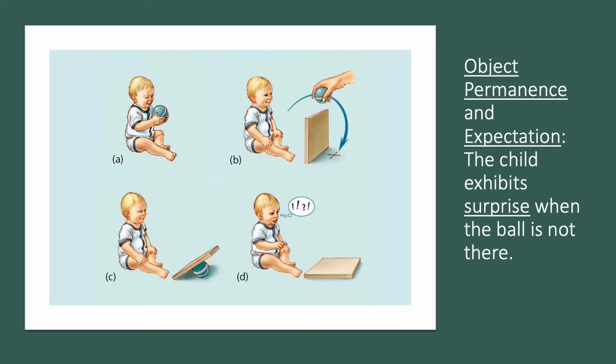So expectation and surprise studies are how you can tell if they've developed object permanence and if they still have a concept in their mind. One of the tests for that is to show them something and then put it behind an object, a barrier where they can't see it, then drop the barrier, and if it's not there, the child shows some surprise. There's a ball and cup exercise that's like that, where you